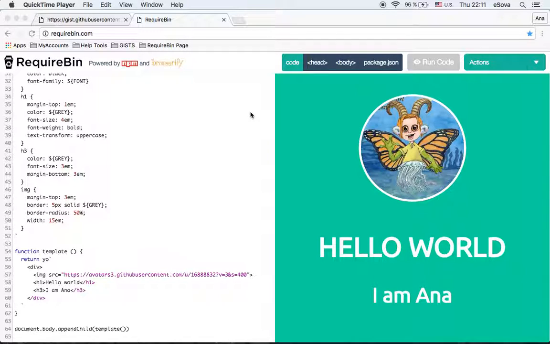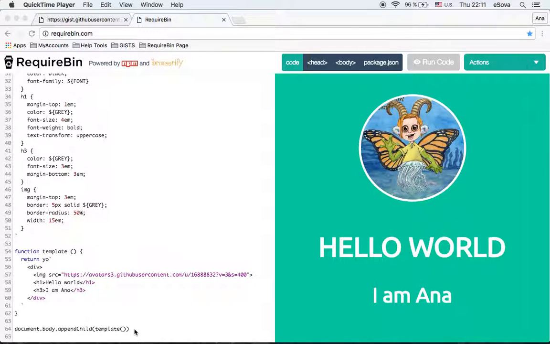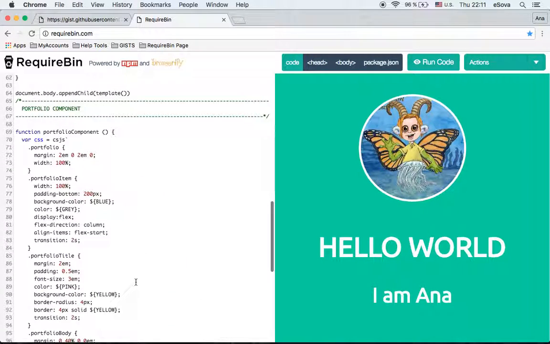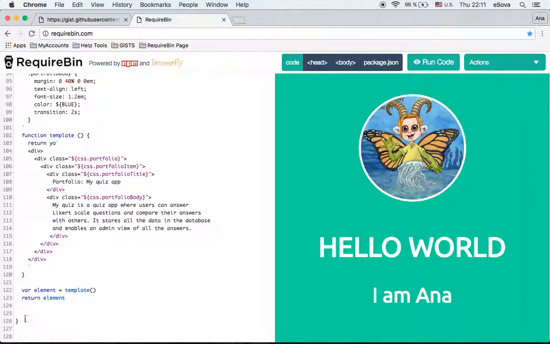Hello! This time I will show you how to add a new component to the page. So currently we just have the image, title and a subtitle and nothing else. If we want to scroll down and add more things to the page, we can do the next thing. We have the web page, and under that we can add another component called portfolio component. Let's add it